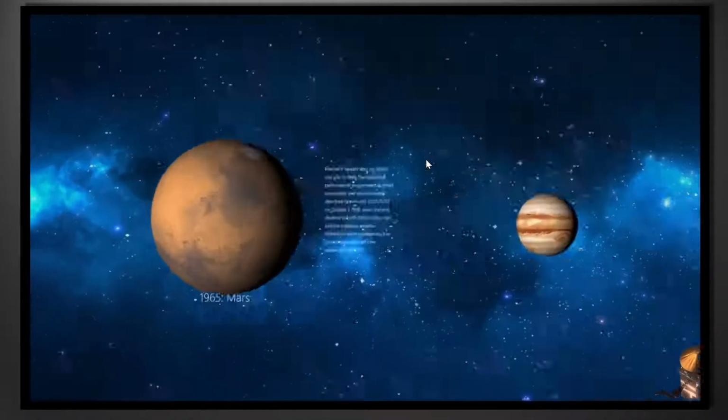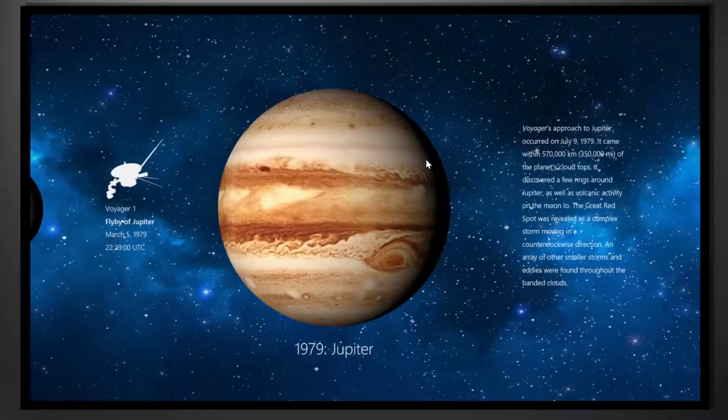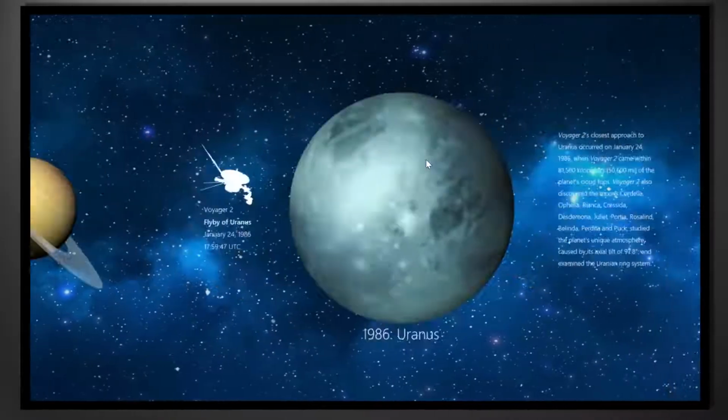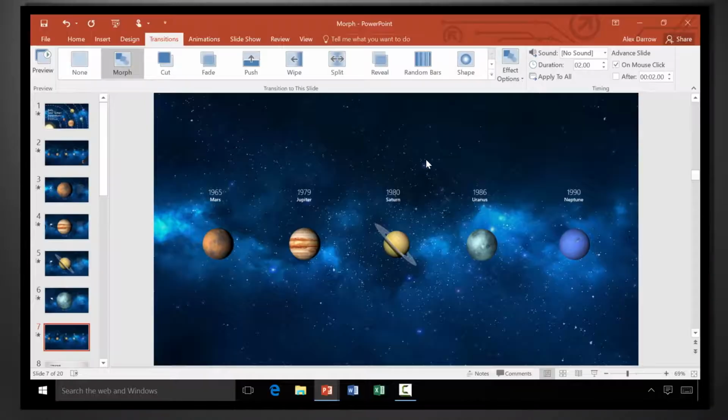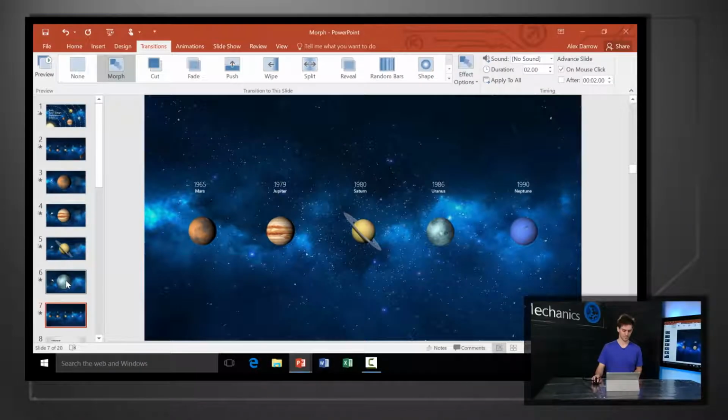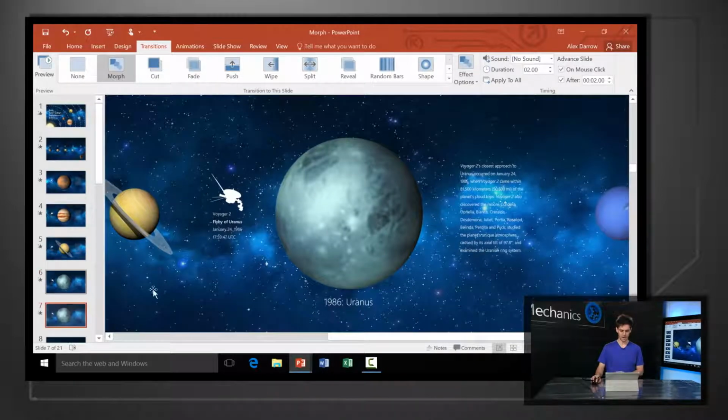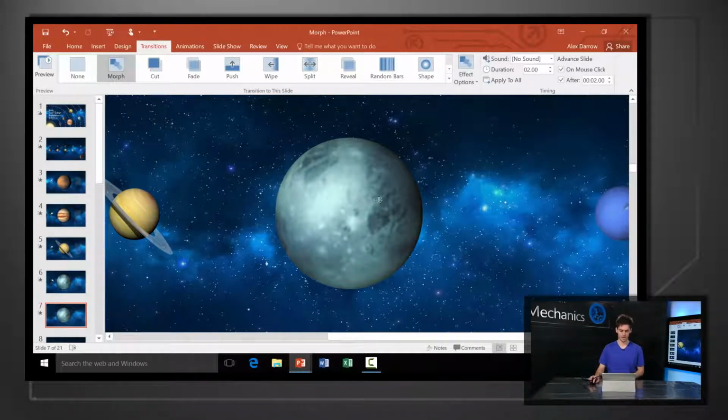And this is what Morph looks like. You might think this is an animation sequence, but it's not. These are a series of simple slides with transitions that move between them. And it's really easy to use. Let me show you. So for example, you'll notice that Neptune wasn't part of the animation sequence. If I want to include it, all I have to do is come in here and delete these text objects or move them off to the side,